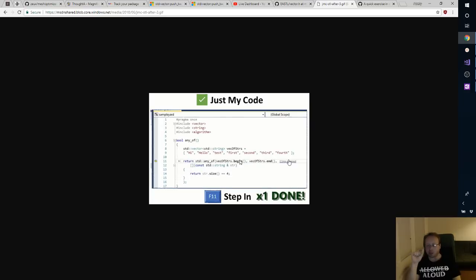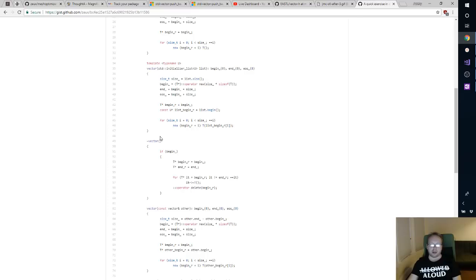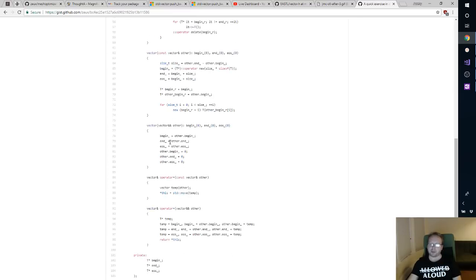Then you press F11, it goes to end, press F11 again, and it goes out. Then you press F11, it goes to any-of, and then, you know, like 2 more presses or 3 more presses, and then you're in. So it's like 3 extra function calls, but it's more F11 presses because reasons. So like if Microsoft STD implementation was written like this,